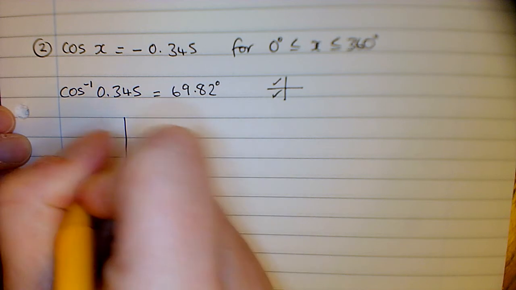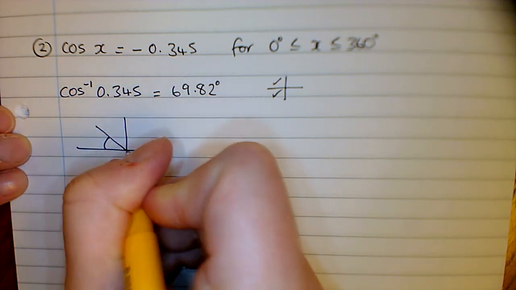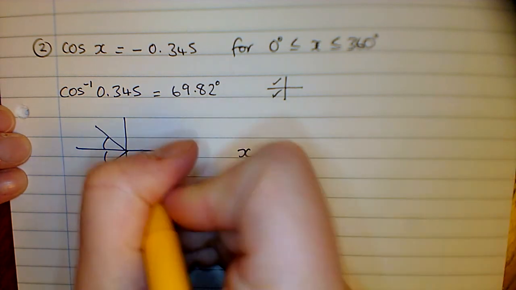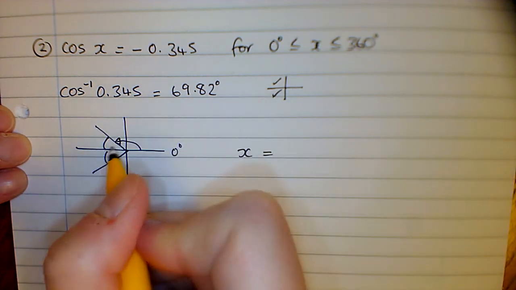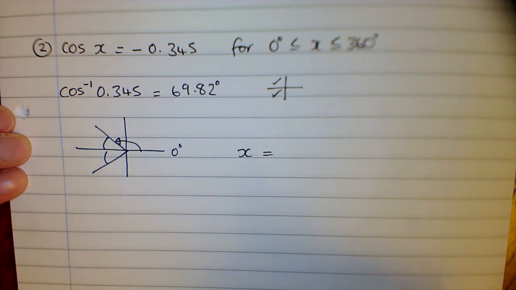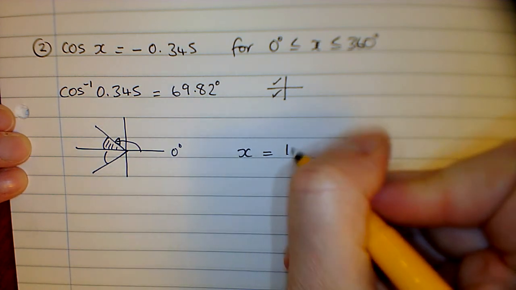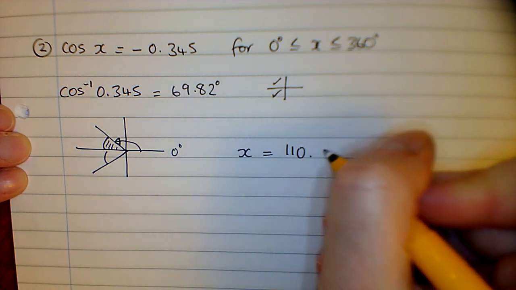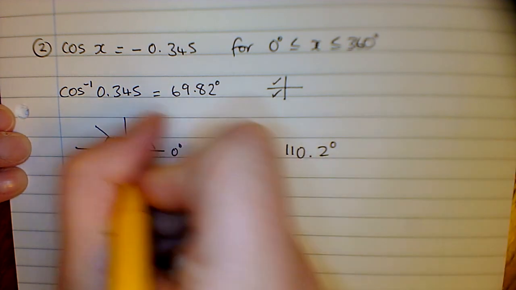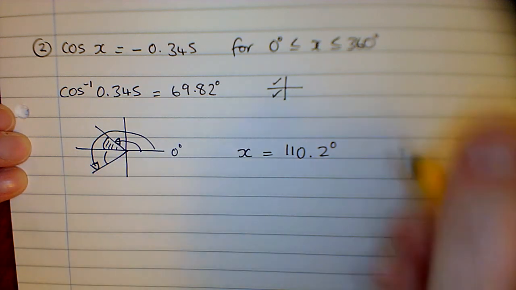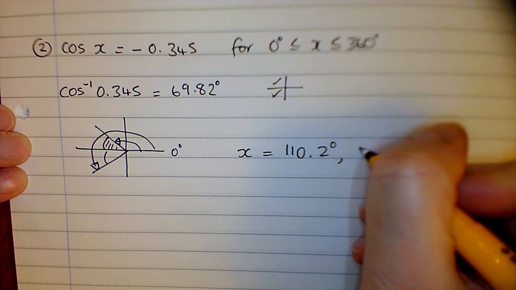positive in here and in here, so it has to be negative in these two. So draw our diagram. So our answers, our first angle is this one here. We'll go from 0 to the first line, and that's going to be 180 minus the 69.82, so that gives us 110.2. Our second angle, round from 0 round to our second line, so that's going to be 180 plus 69.8, so that gives us